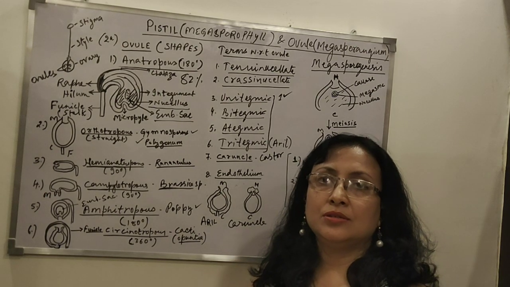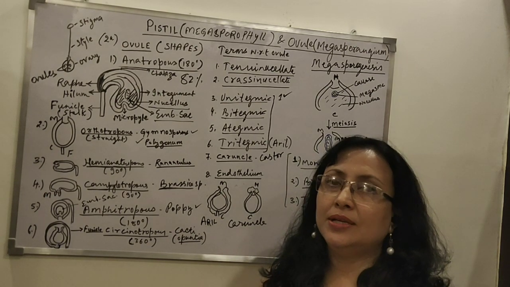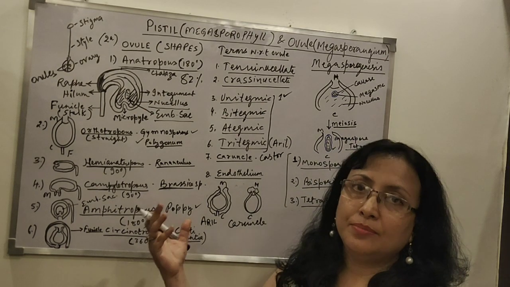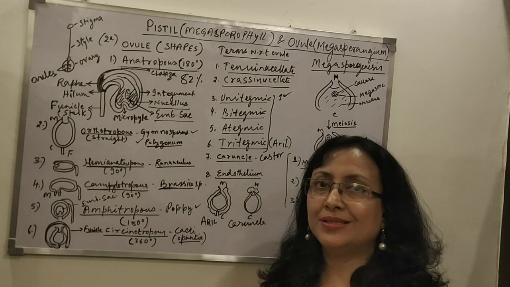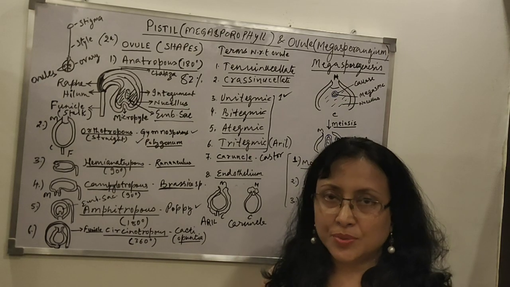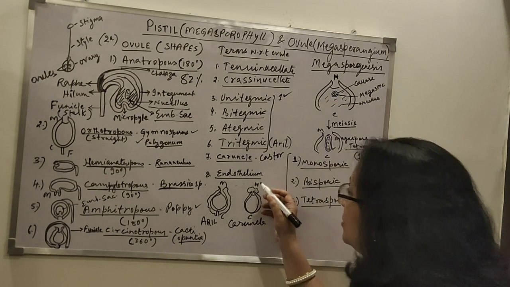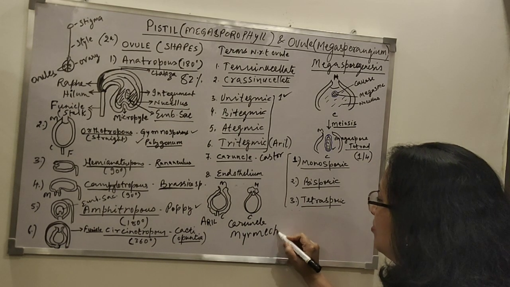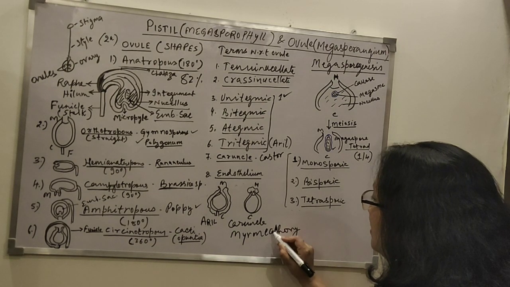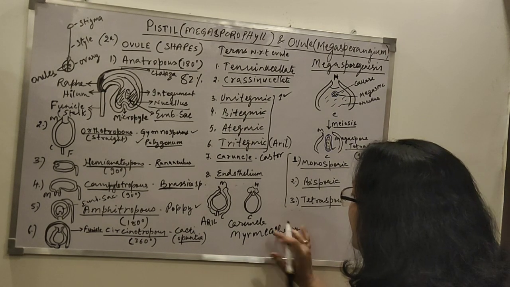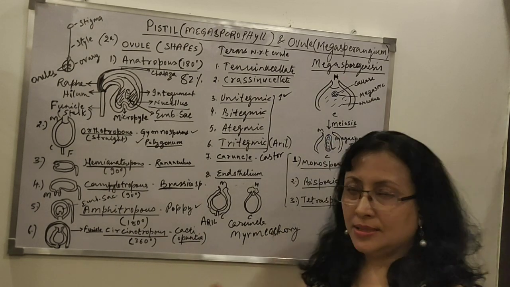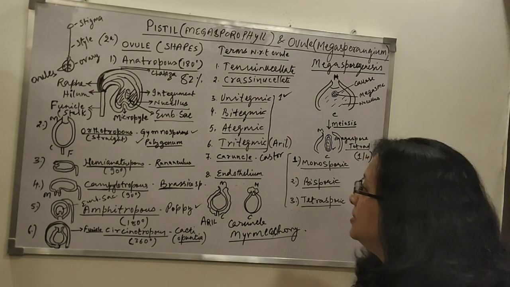Apart from this, it is also nutrition for the ants, and many times ants get attracted to castor seeds and carry them away. So that is a kind of dispersal by ants. The seeds get dispersed by ants. Castor seeds dispersed by ants, we can use a term for that. It is called myrmecochory. So it is basically ants dispersing the seeds.